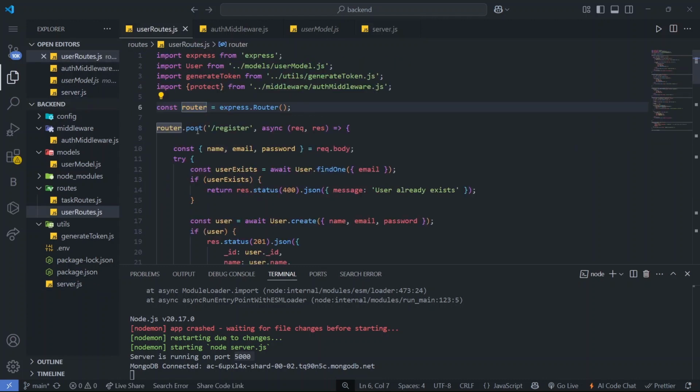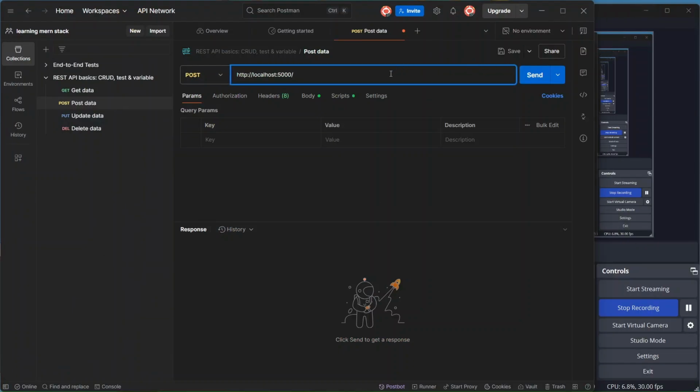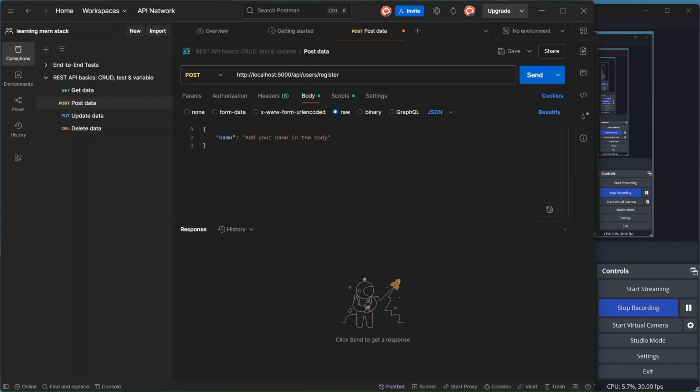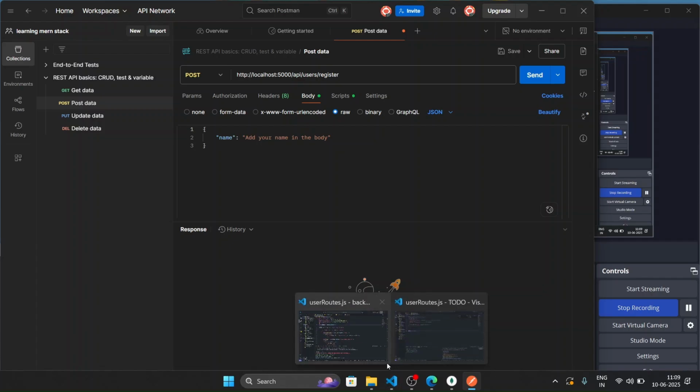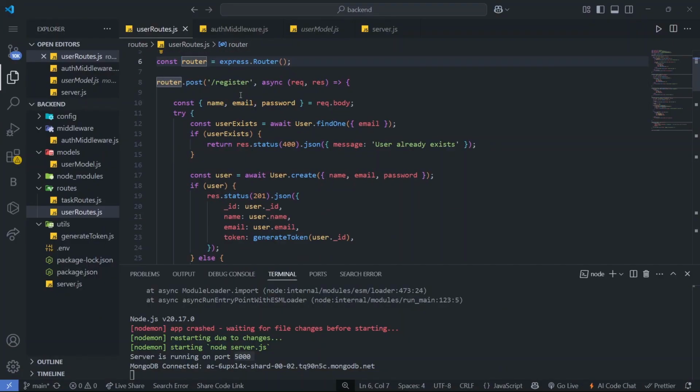Then after API users, what are the things we have? API users slash register. So we are using group routes, so it will start with the API users and then write register, right? Then only it will work. And in the request body, what are the things we are passing? When the user is registering, we are passing the request body name, email and password,